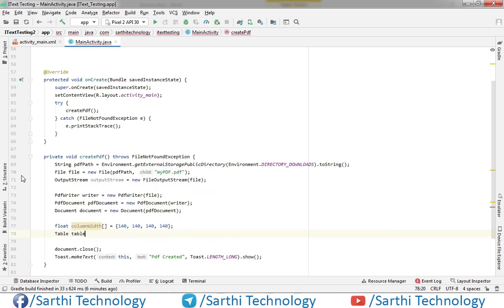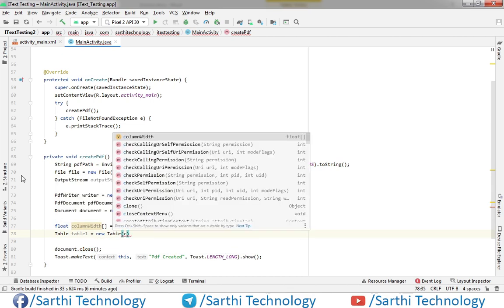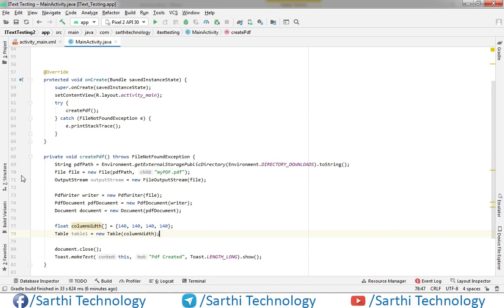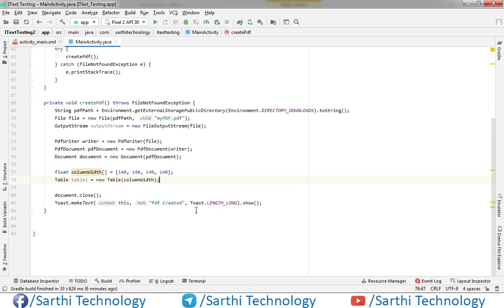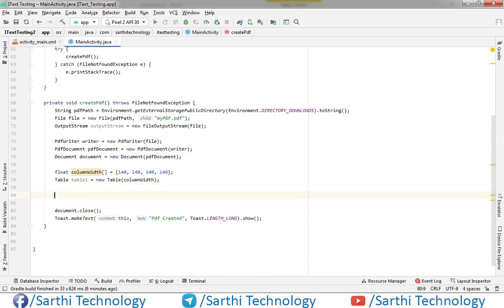Table 1 equal to new Table, and put the column width here. Okay, so in the next line we need to add a cell, and for the cell use this table1.add(new Cell()